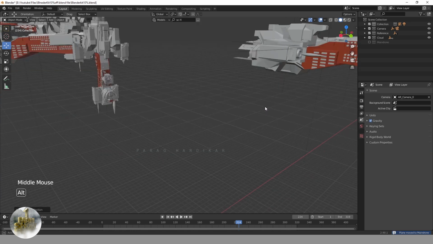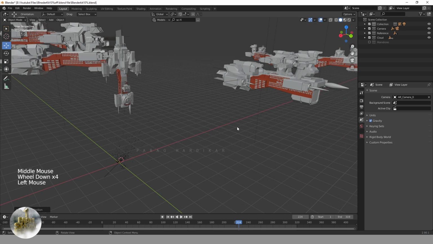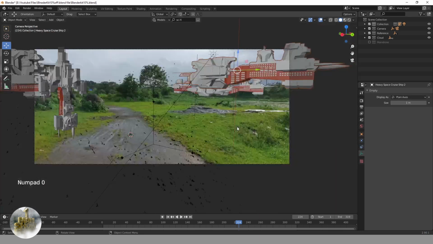And also I created the other collections like the background on the right side, background on the left side, and the middle one, and another collection for this giant spaceship so that we can render them separately.